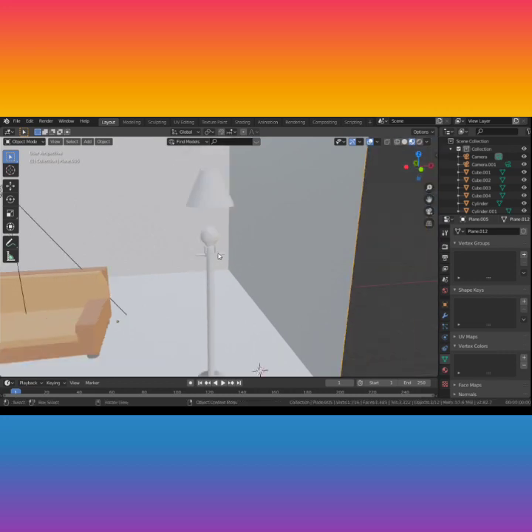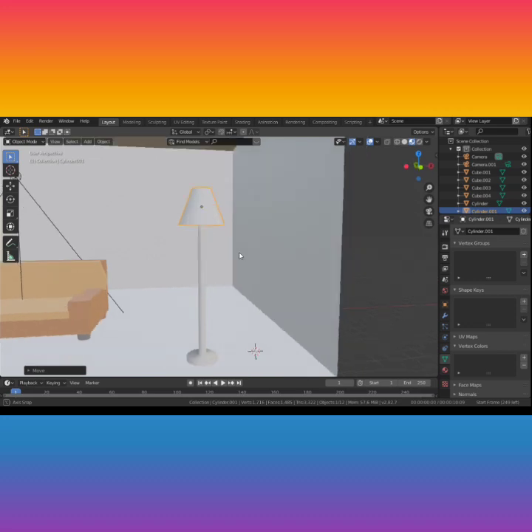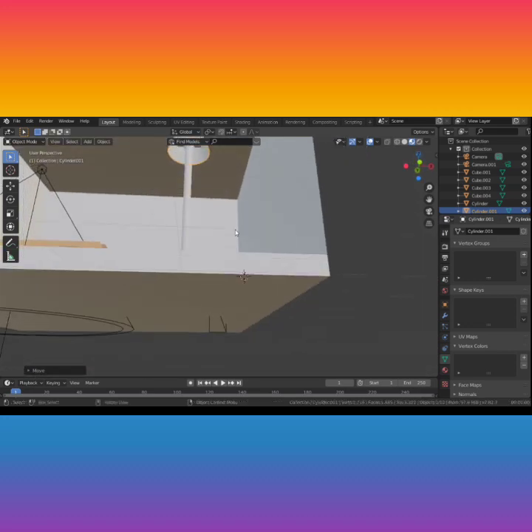Reason I had those put like that is so when we bring this sucker down, which we're gonna have to scale now, Z or SD. Hit it like that. G, Z. Bring it down. Just makes a little more sense. Alright, and now inside there's a light bulb and everything, but